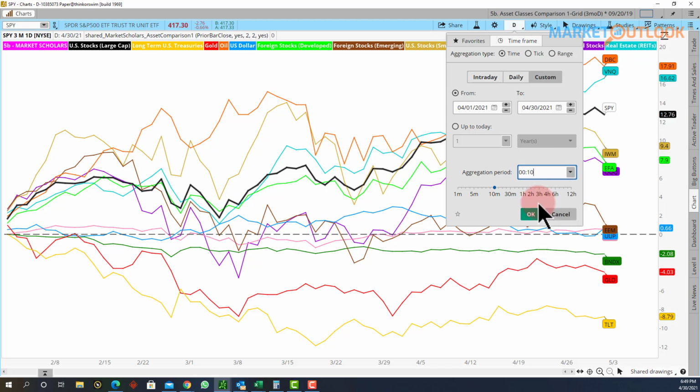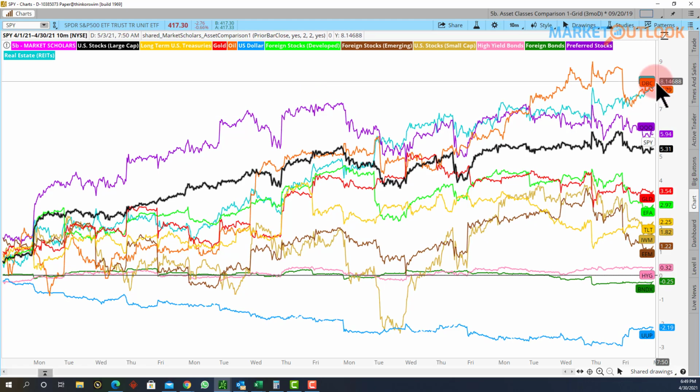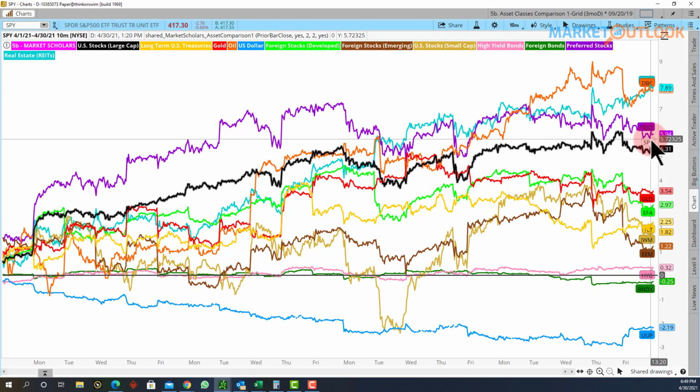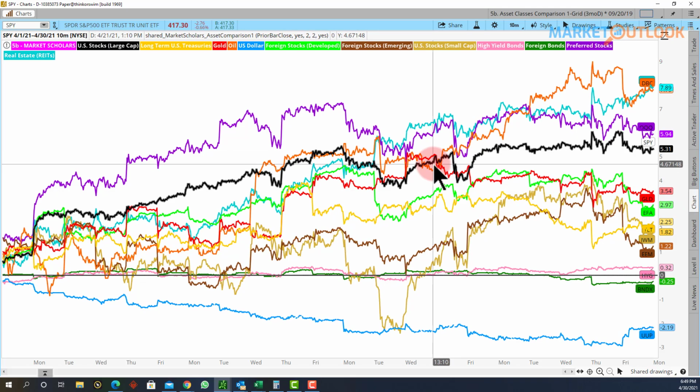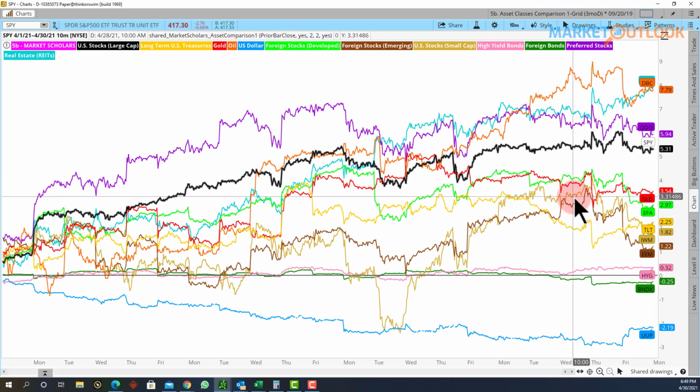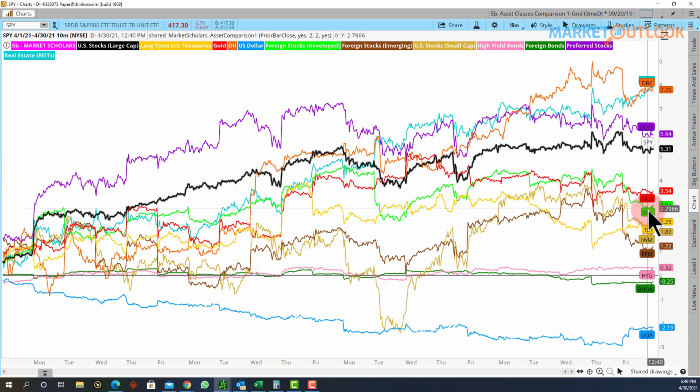Here is the 10-minute chart. That's what did really well over the course of the month as well. The commodities were up 8%. Real estate's up 8%. The Qs had a really good month, off their highs, but still up 6%. Everything else, you can see the big divergence. See how they held their gains. Everything else started to pull back. You had a big drop in emerging markets here late. You had a big drop in small cap stocks here late. Over the last couple of days, you had a big drop in